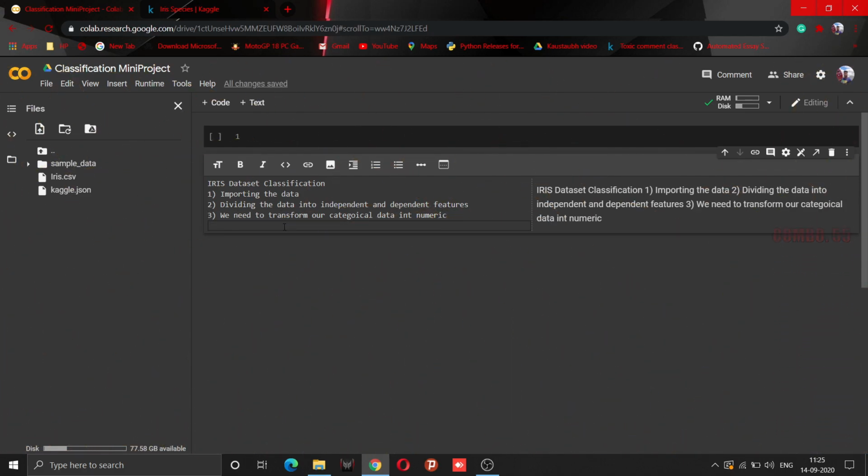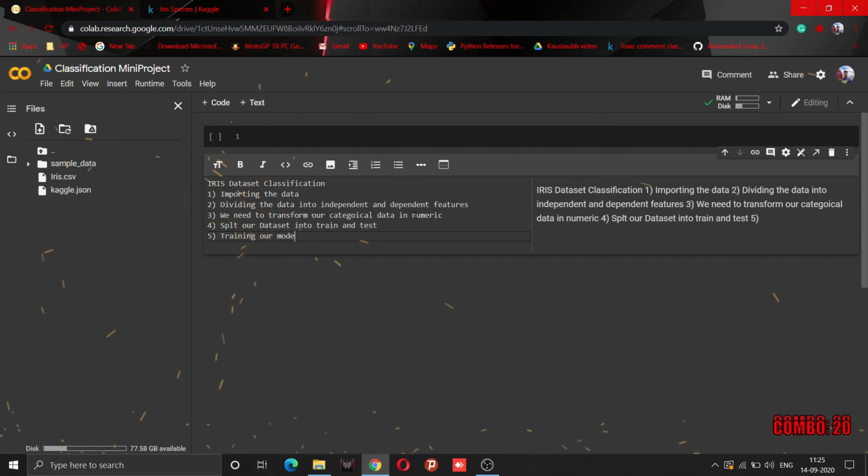Now we have got all the data in numeric form. Sorry, I had misspelled here. After getting all the data in numeric form, we can move further and split our dataset into train and test. So we will keep some data for training, and we will use the test dataset, that is unseen data, to evaluate our model. This is our fourth step, and our fifth step will be training our model.